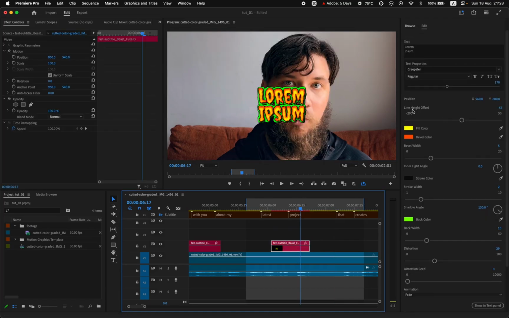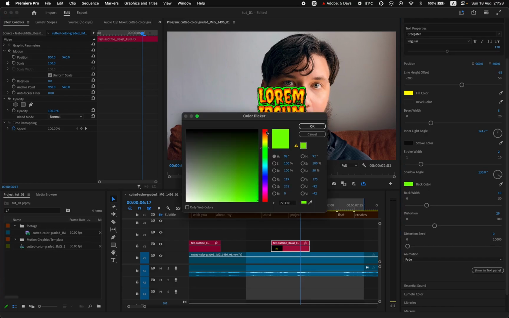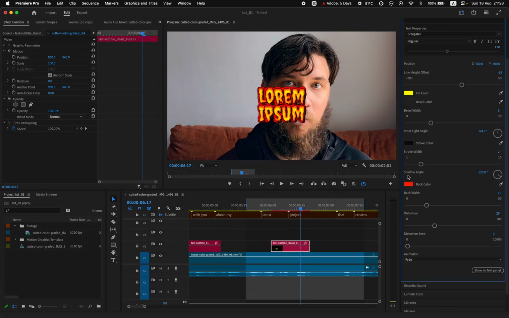So what we have here, the same high line control, fill color, bevel color. Bevel color is this one. Bevel width, of course. Light angle. So basically most of the control you can try and see what it does. Stroke color, stroke width. Here we have back color is this one, and if you do not like this